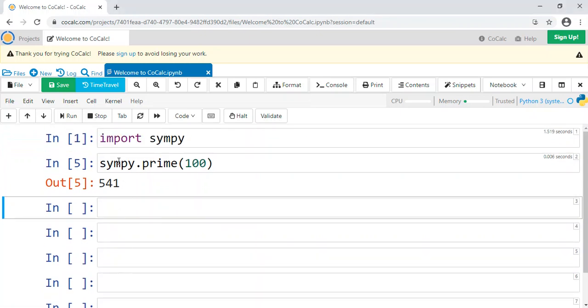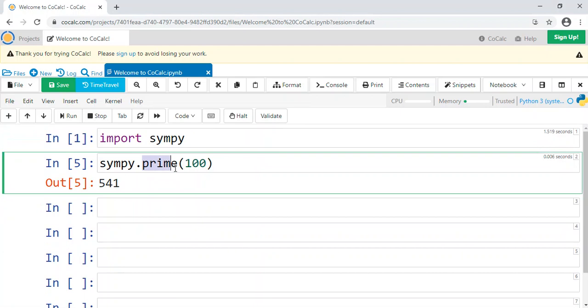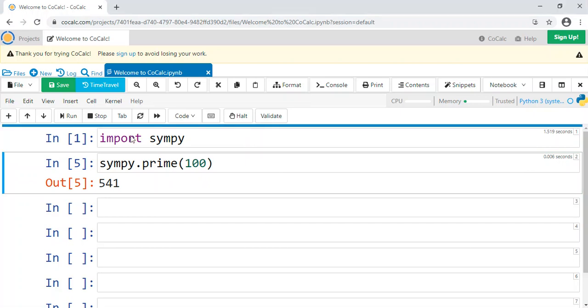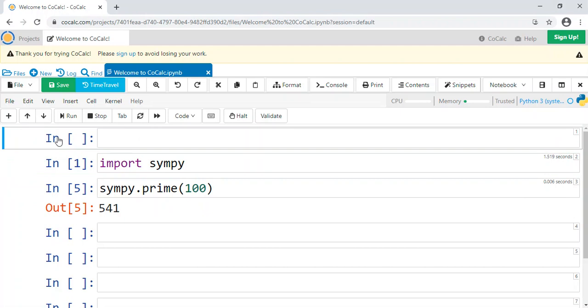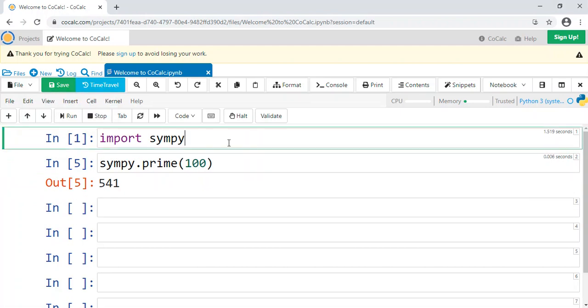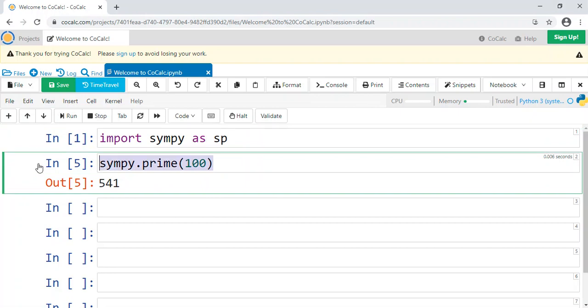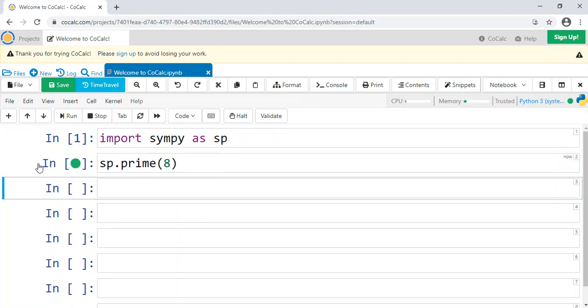So that's fine. And so, you have your sympy function, you preface it with sympy dot, and then whatever the function is, and you take it from there. It's one way to do it. But another way, if I did not want to type sympy dot, I could give it a nickname. I could import sympy as sp. So let me do that. So import sympy as sp. And now I no longer write sympy.prime, I write sp.prime of, whatever, the 8th prime or what have you.